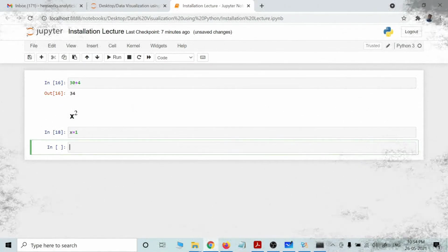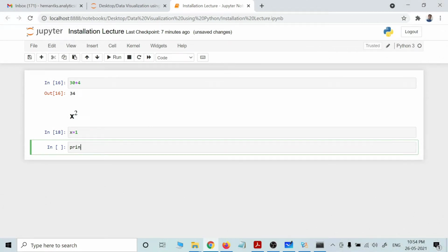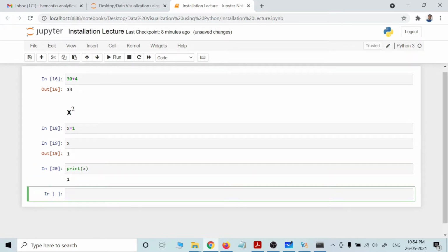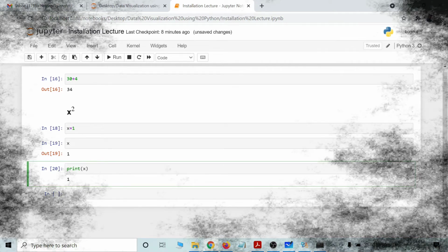So let me have x is equal to 1. So I want to print x. Again, if I directly type x and press enter, it will give me the value that it has stored. Also you can have print x and then enter, it will print x, right? And also let's say these are the methods in Python, and you want to know the help function, for